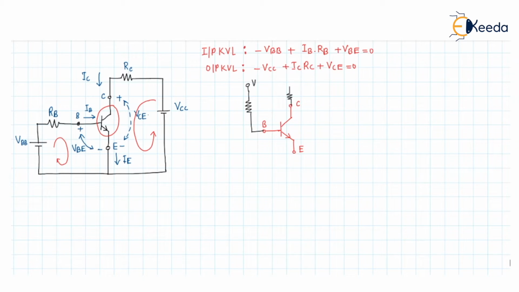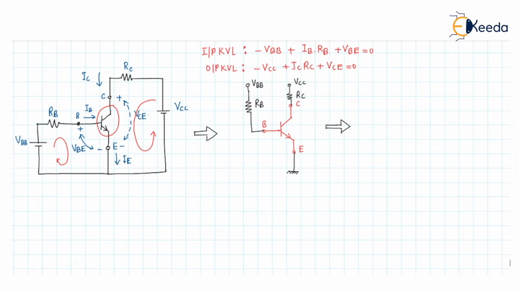This is the VBB potential that we have applied, and here we have applied the VCC. So this is the RB resistor, this is the RC resistor, and here is ground. If we want to take the output voltage, we can take it from the collector. So this is the modified version of the previous circuit. This circuit can be further modified this way,